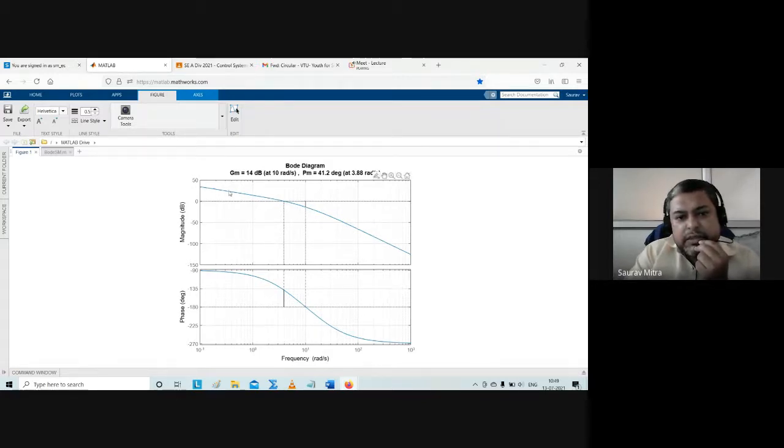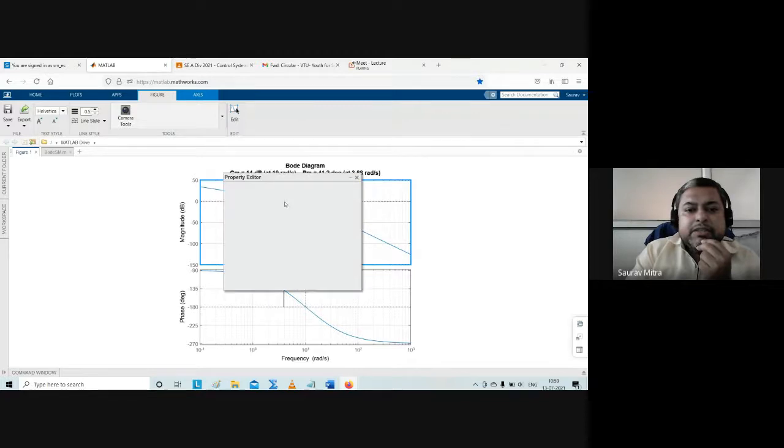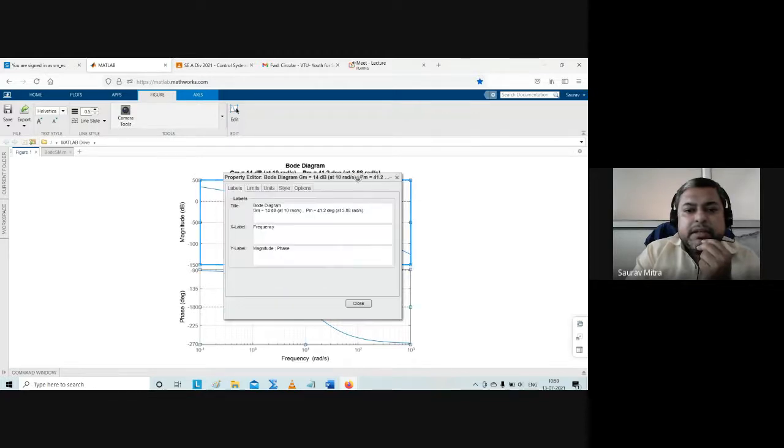That is, this slope is starting. What is the starting point? Okay, so this amplitude should be around 34 at 0.1. So this is 10 raised to minus 1, that means this is actually 0.1. Let us check how much that is. So this should be 34. It is giving you, just check, the frequency is 0.103. That means I've shifted a little rightward, and it is giving 33.7. So I said that exactly at 0.1, the amplitude will be 34. So this is what we are saying. And then at this point, sorry, property editor, let it be.